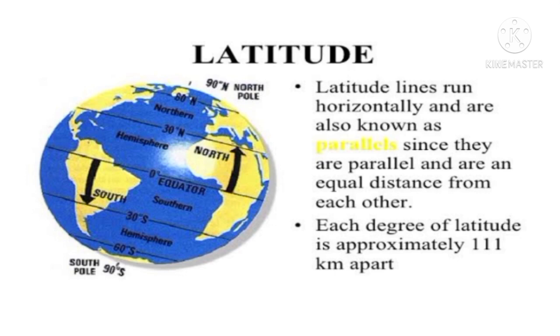Students, the lines of latitude are also called parallels. They circle the Earth parallel to the equator. The equator is an imaginary line that lies halfway between the North Pole and the South Pole. It runs east-west all the way around Earth. The lines of latitude describe the position north and south of the equator.